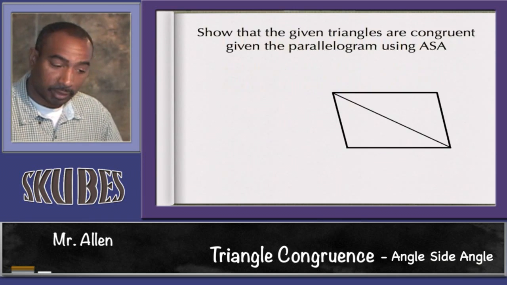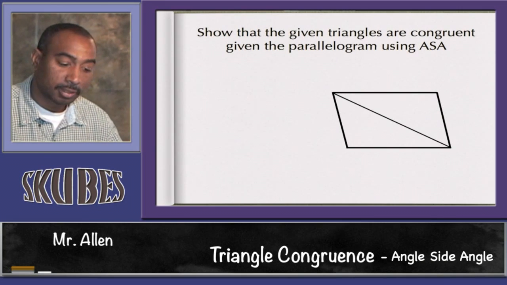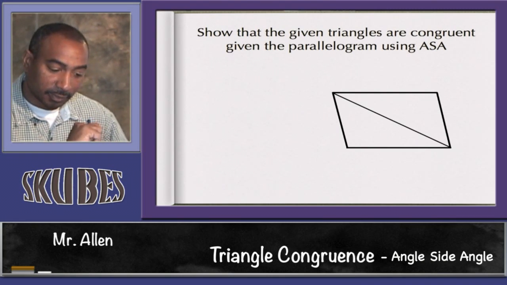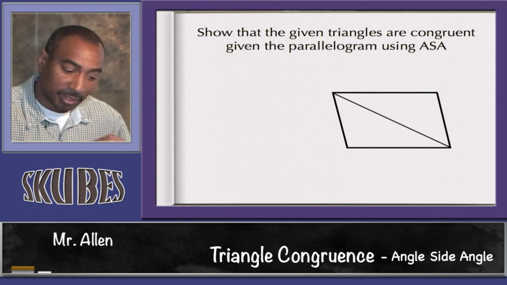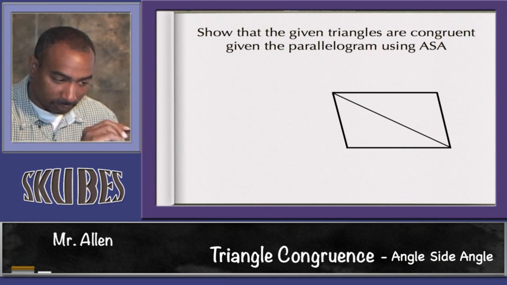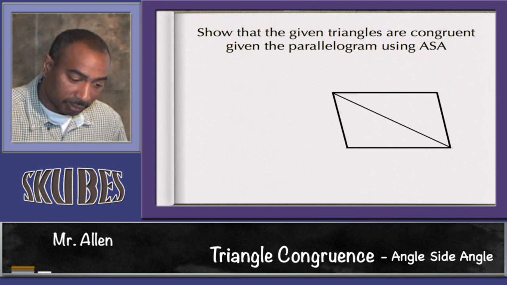For example, if I want to show that in the given parallelogram these two triangles are congruent using angle side angle, I just simply show that two angles are congruent and an included side. Given that this is a parallelogram, I know that these angles